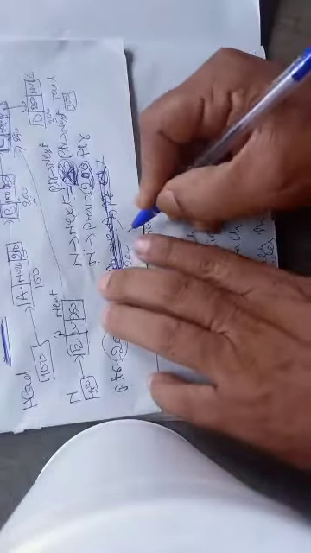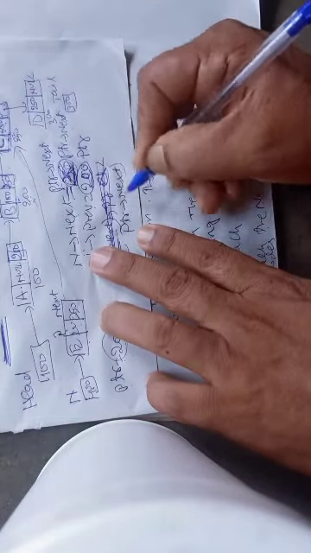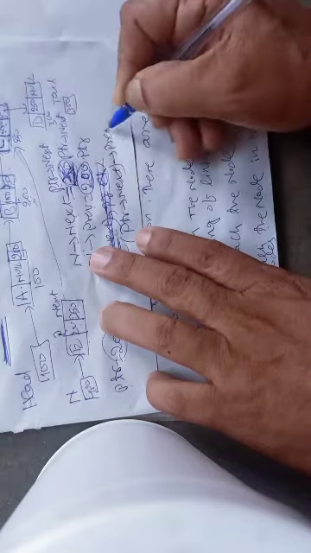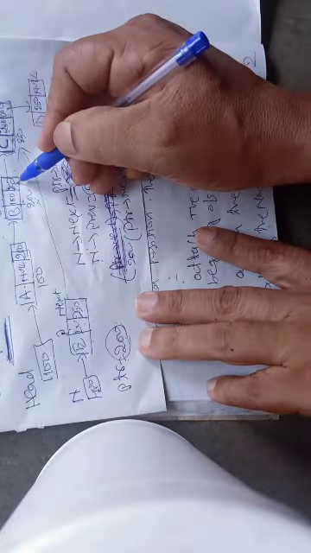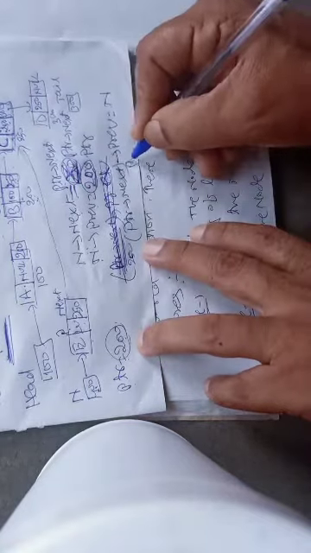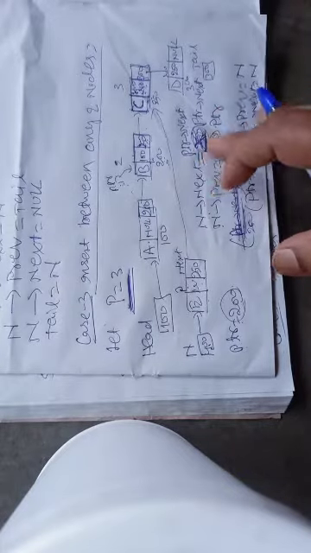Let me rewrite it once again. I should write PTR of next, and its previous part equals N. So the value 400 will be stored here. Now PTR of next also should be stored 400. Simply I can write PTR of next equal to N. So these are the 4 changes that I must make in order to complete the insertion operation.